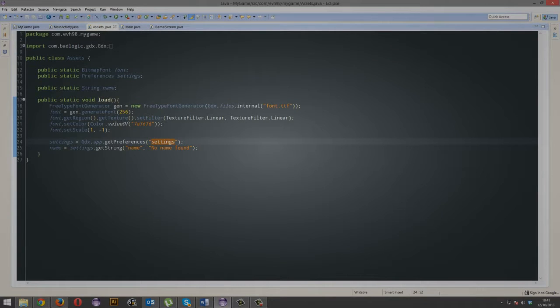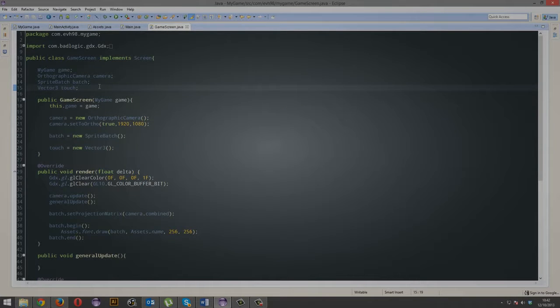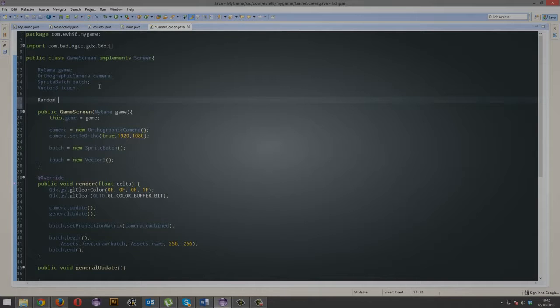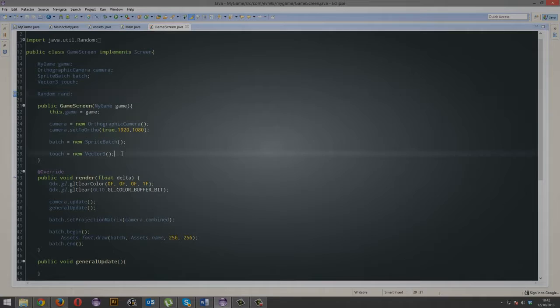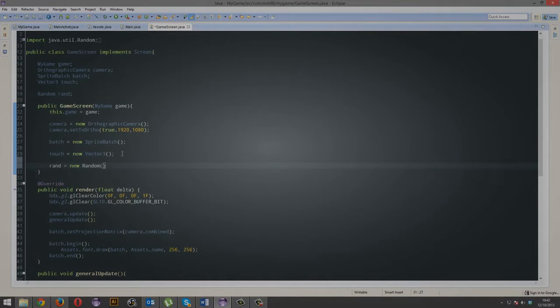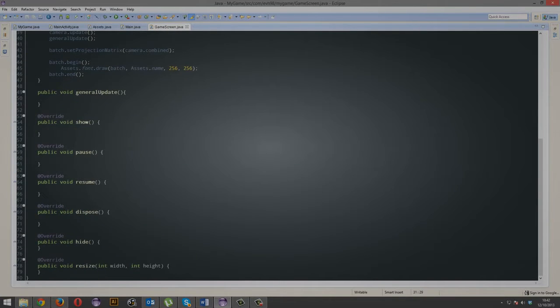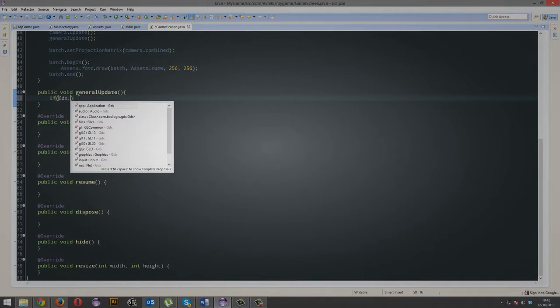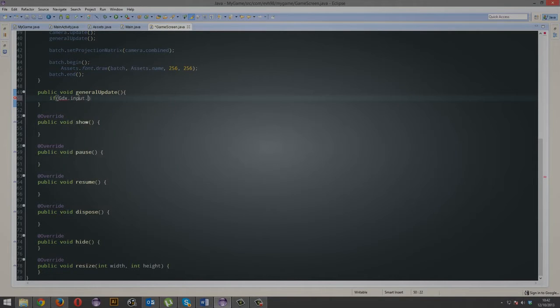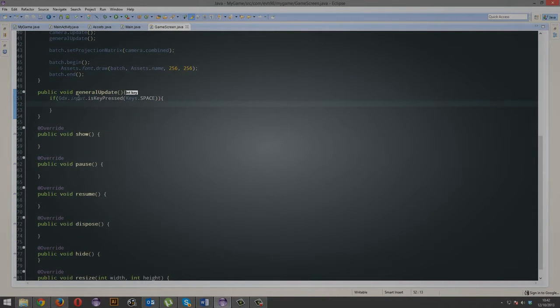So now I'm going to teach you how to write to this file. I'm going to do something slightly cool here. Not really cool, but slightly. I'm going to randomly generate a name from, not a list, but from 3 names. So initialize a new random object. And in the general update, if gdx.input.isKeyPressed Keys.space. So if we hit space, I want